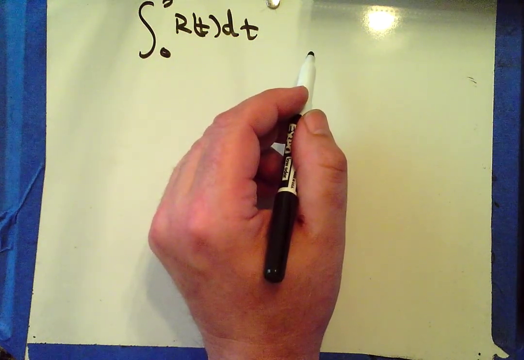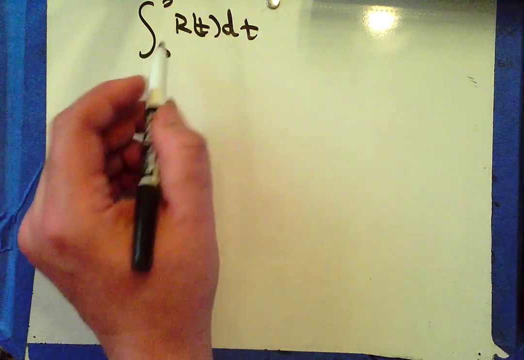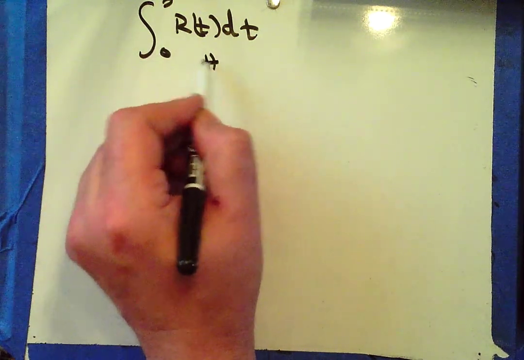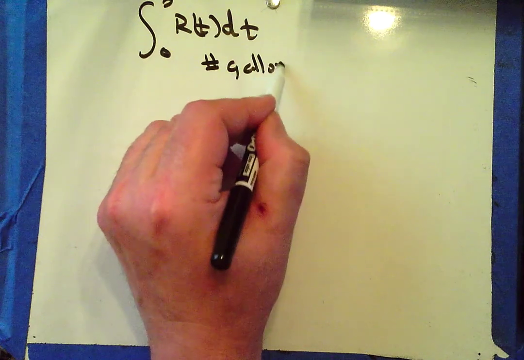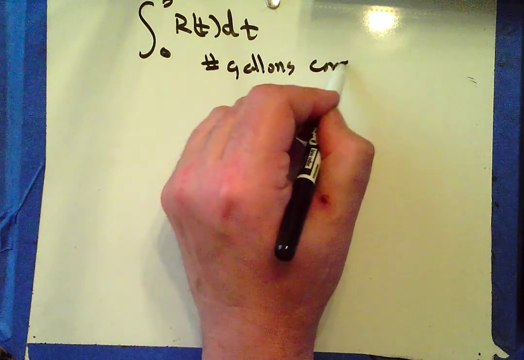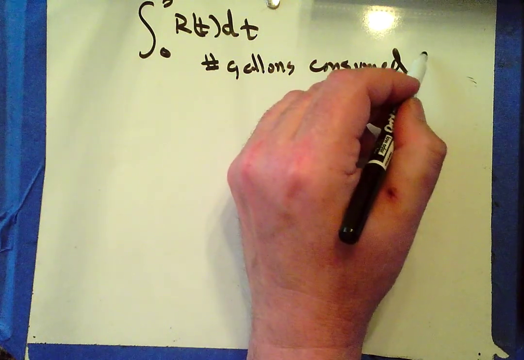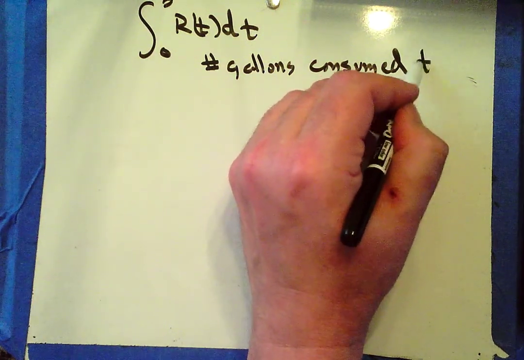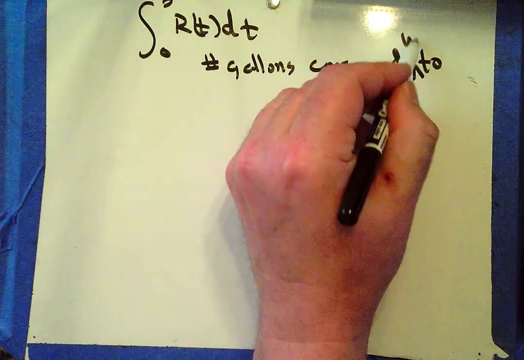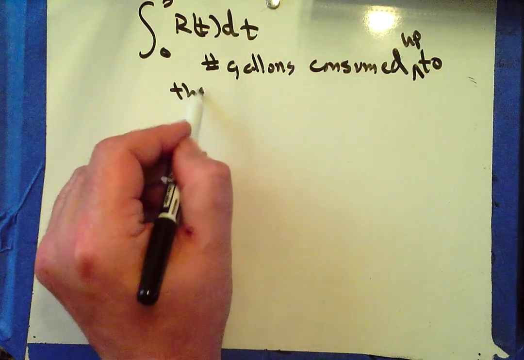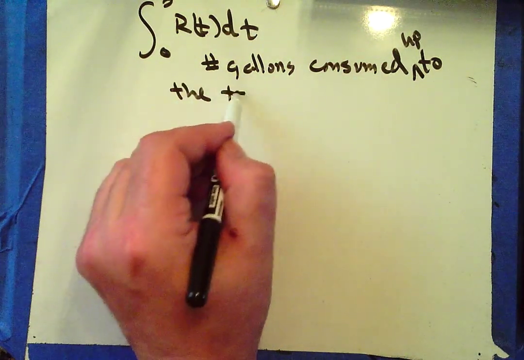So this was the number of gallons consumed up to t equal to b